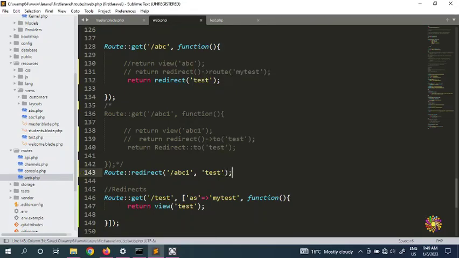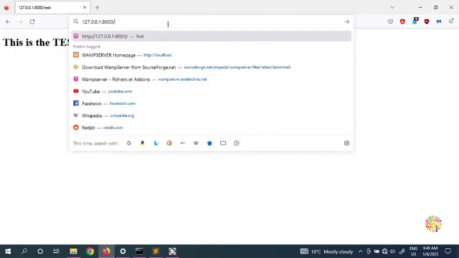We can straight away do this. I'm going to remove this. You guys can go straight away from ABC to the test. So Laravel is going to look for ABC somewhere here. Say for example here ABC1, and I'm going to jump to test, which is this guy here. Say if I go here again, if I put ABC1,